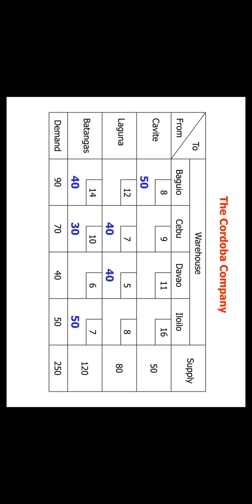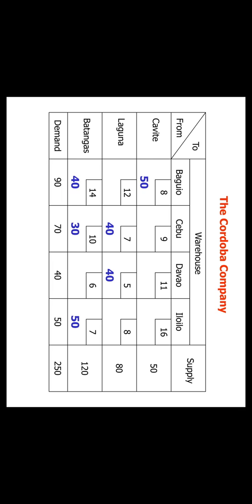So again, my direction for analyzing the unused cells would be from top to bottom, left to right. I'll begin with the unused cell with the cost of 9. The closed path of that unused cell would be from 9, I go down to the used cell with the cost of 10, I go left to the used cell with the cost of 14. Then I go up to the used cell with the cost of 8, back to our unused cell with the